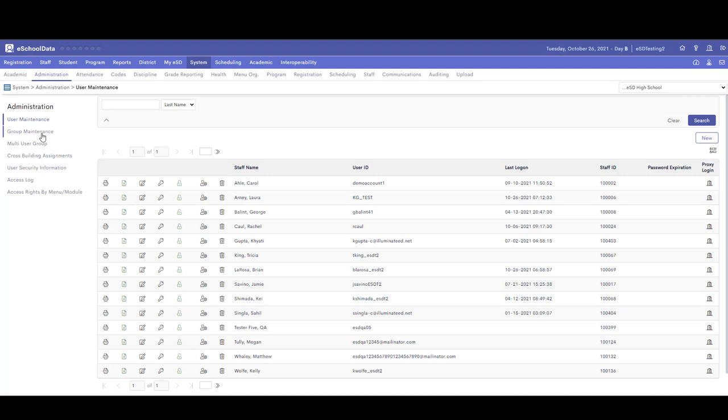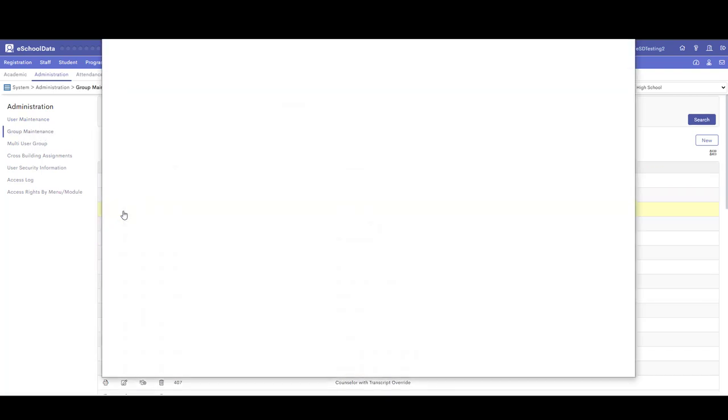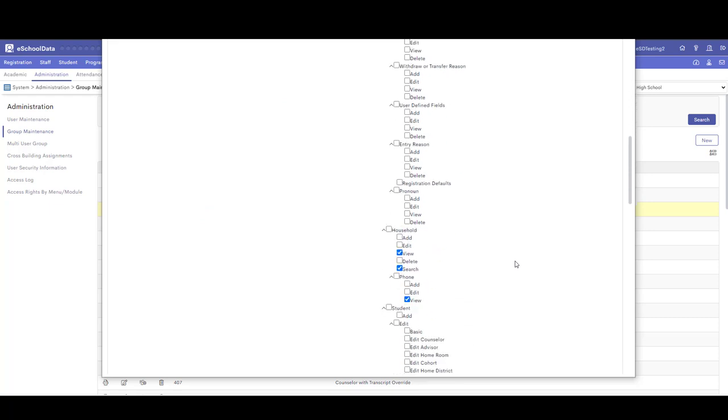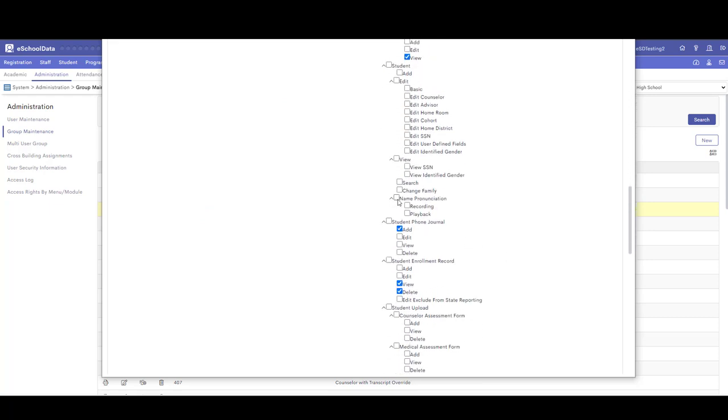First, from system administration and group maintenance, you're going to want to make sure that you go in and enable the permissions for users that should have the ability to either record or play back a student audio clip. You can find these new permissions under the module level permission for registration, and you scroll down to the student information. From there, you'll see the new name pronunciation area